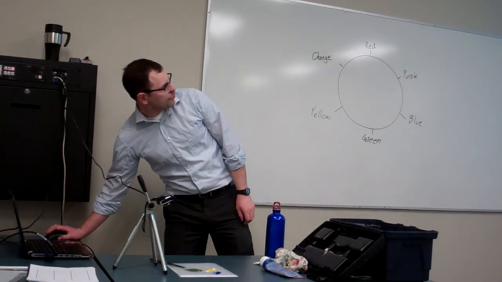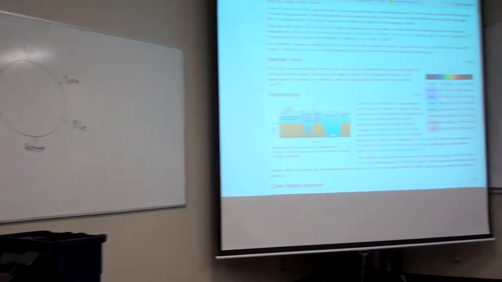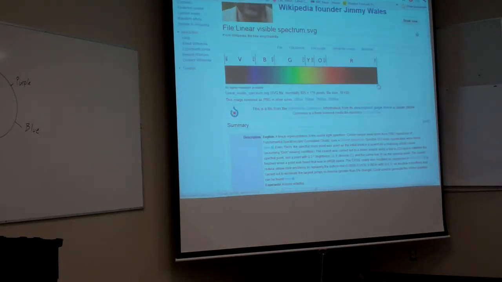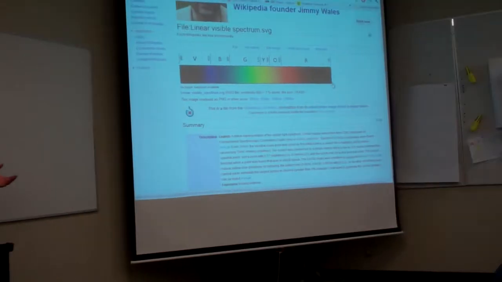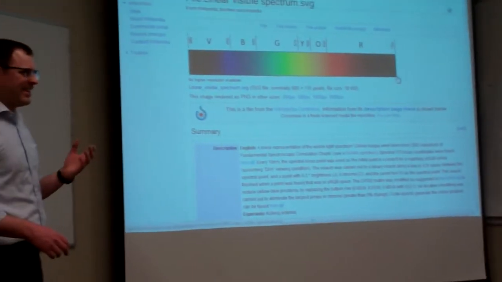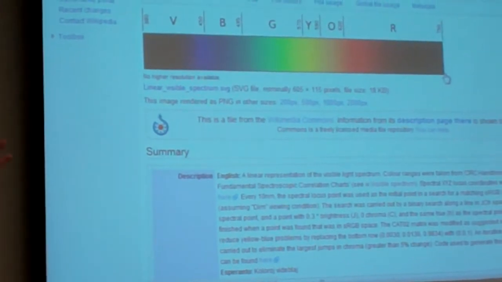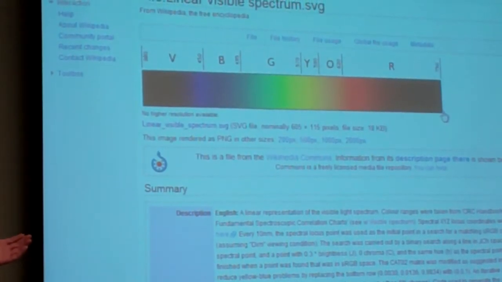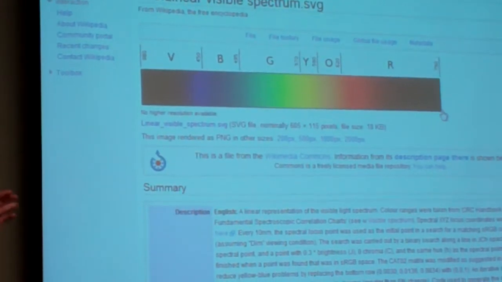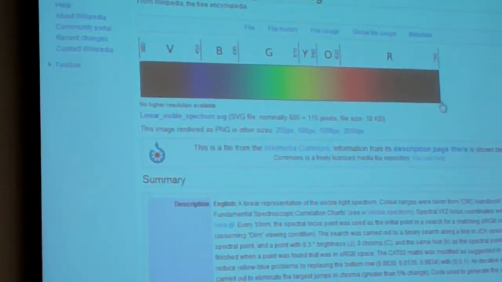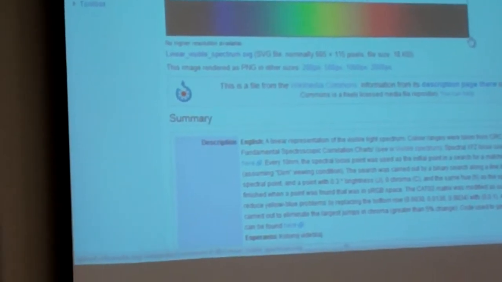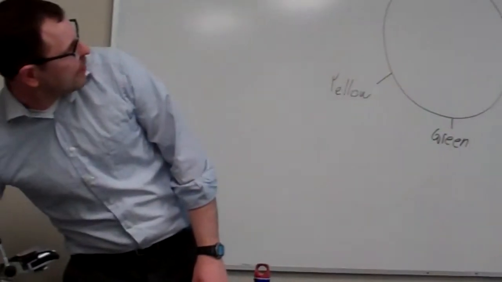So that's the visible spectrum. And the problem with displaying a visible spectrum on a monitor is that if there are any gaps, the monitor can't produce them. And it's easier to look at the gaps if we go back to the CMYK color monitor. So that's the biggest thing that you have to keep in mind is